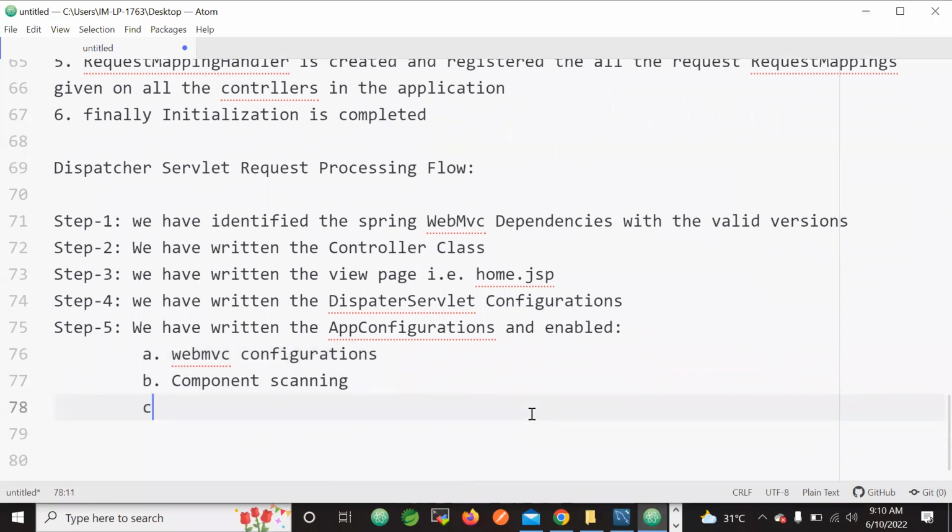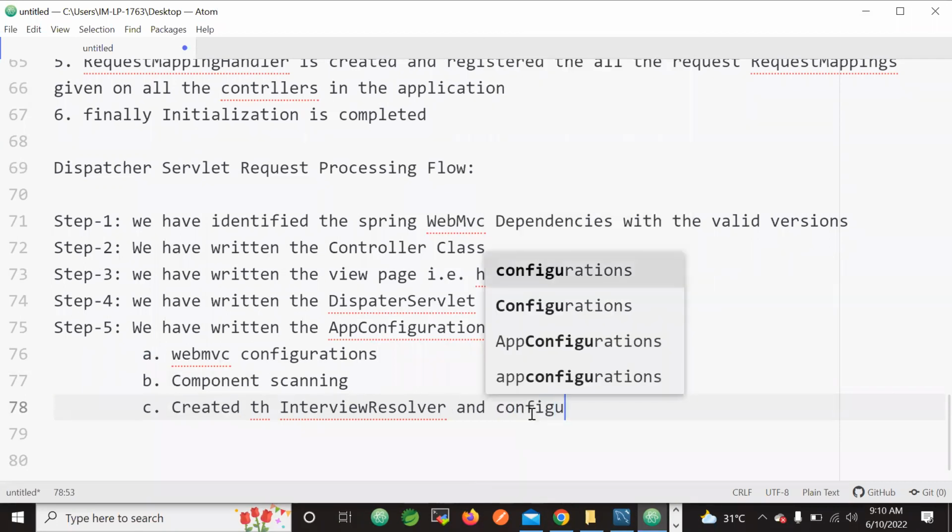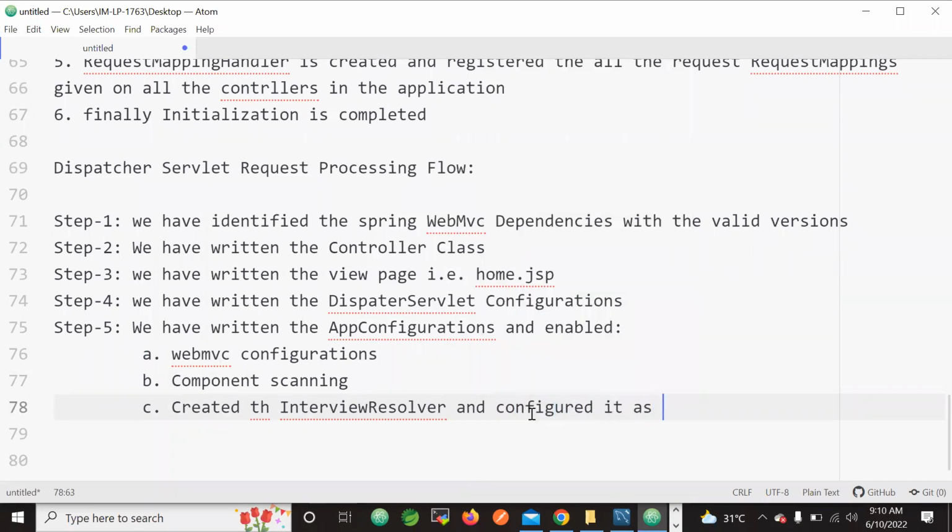And also we have created the internal view resolver and configured it as a Spring